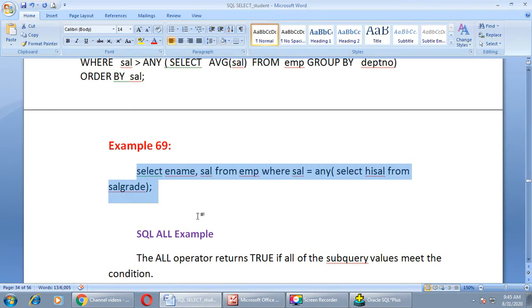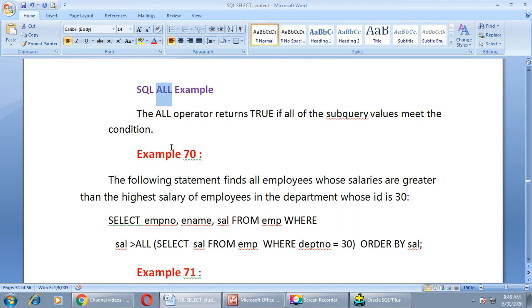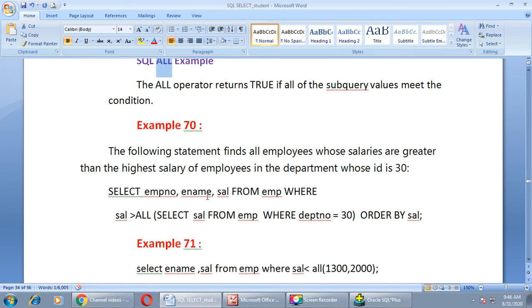Let us see what is next. Now, example of the all operator. The all operator returns true if all of the subquery values meet our condition. See, what is the difference between any and all? It is just like an or operator and an and operator. Of these two, any can be called similar to or, and the all operator is similar to the and operator. The following statement finds all the employees whose salaries are greater than the highest salary of employees